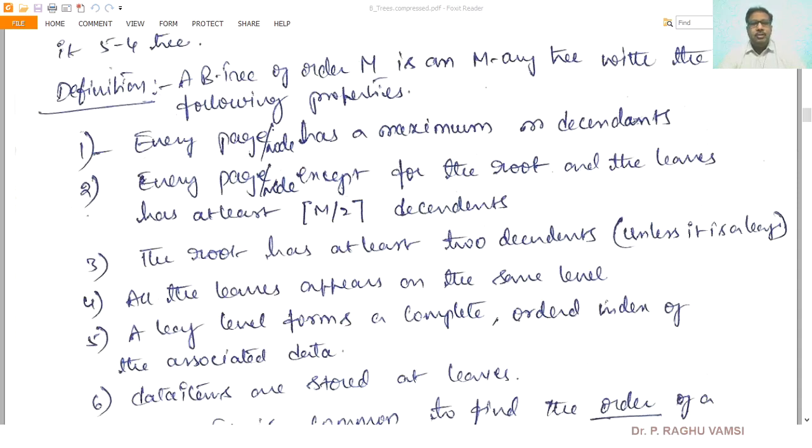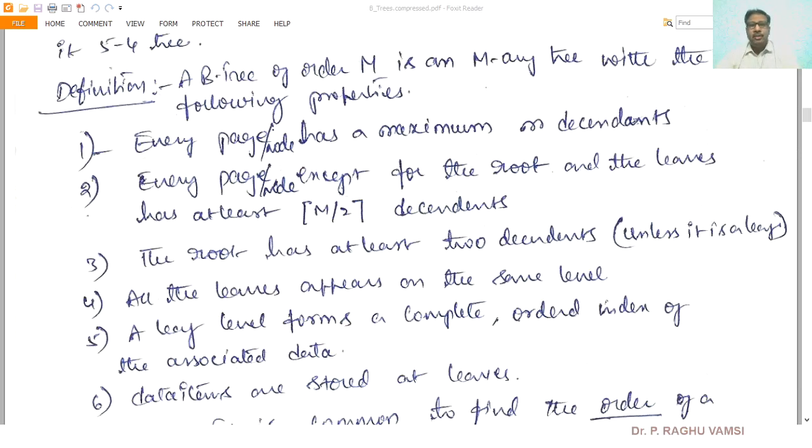Also, we have seen that the efficiency of the B tree depends upon the depth and also the height of the B tree. Whenever the height and depth are properly managed, the B tree can access the record or resource attached to the key mentioned in the index in a faster way. These are the concepts we have seen, especially the motivation behind why we need to study the B tree, discussed in the last lecture.